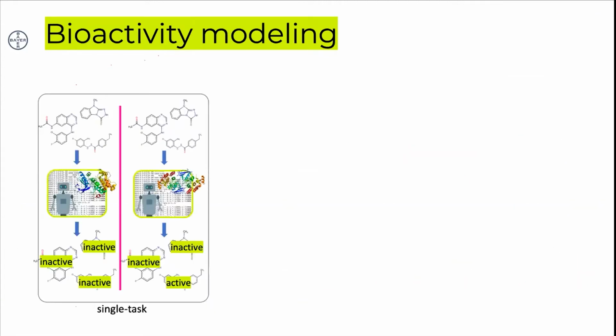Now, this is something we can do to describe molecules, but in the end we are interested in developing bioactivity models. And there we always end up with either developing a single-task model. That means you have your set of molecules, ligands, and for each of your proteins you build one model that is trying to predict: is this ligand active on this particular protein? The problem if you do that is that you always have to calibrate the models across the different ones. So you cannot directly compare between two models.